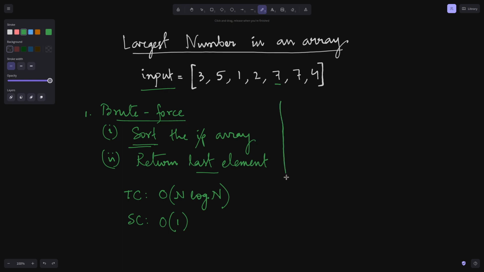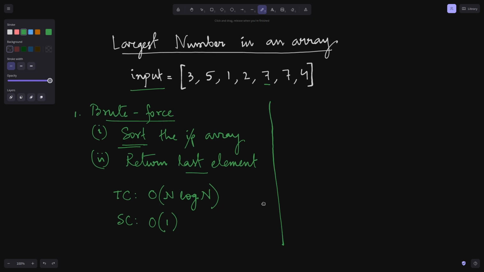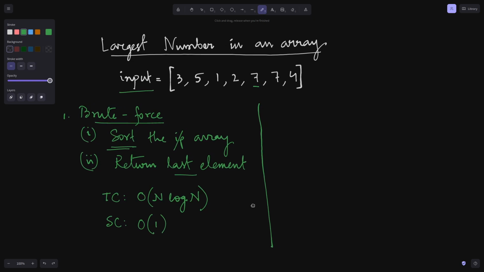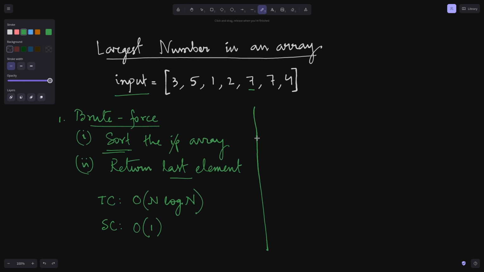Now you might wonder whether there would be an optimal approach, or maybe many of you have already guessed it. The optimal approach would be to iterate over this array and keep track of the largest number encountered till the previous iteration and compare it with the current number. To give you an example, let me just write this one down. This is approach 2,